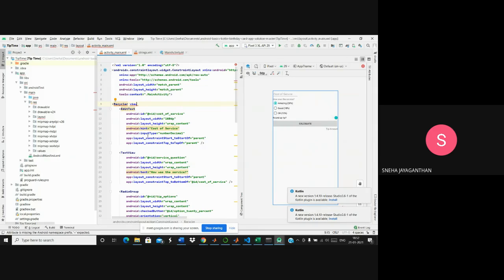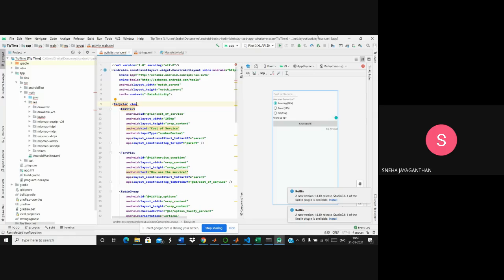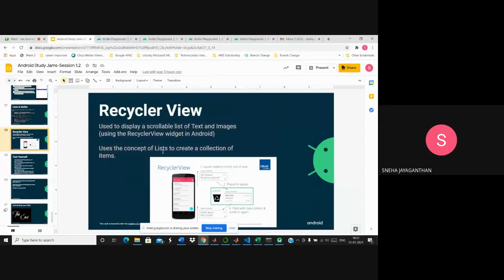Then you have to add your list inside the Kotlin file, to refer to which images and text you want in your scrollable list. That is mentioned on that website, so you can go through it. It's a bit lengthy, so I'm just giving you an overview of how to create a recycler view. Create the recycler view exactly like the text view and use the lists in your Kotlin file. Okay, thank you.